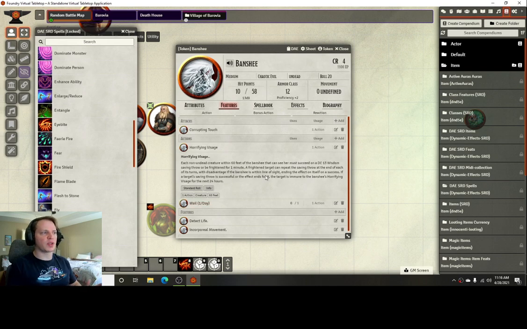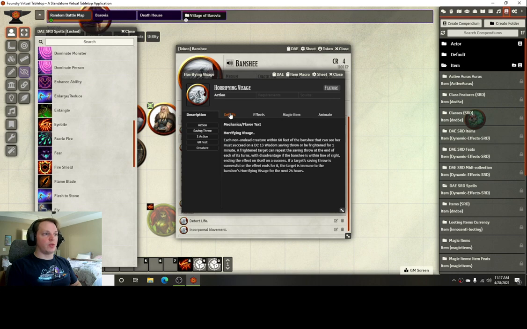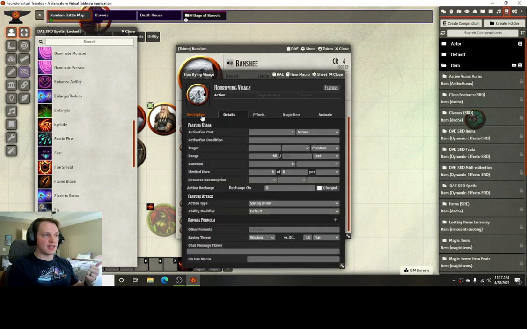So like this one, for example: any creature that's not undead within 60 feet that can see her has to make a wisdom saving throw or be frightened for a minute. And if they succeed, they have to be within line of sight, and if they can directly see it, then they're going to roll with disadvantage. So to do this, I set it up. I went through my details. I set it up as an action